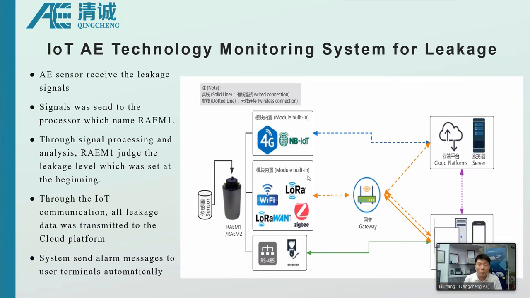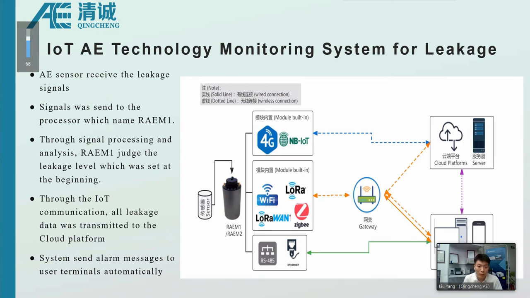There is a new technology called the Internet of Things AE technology monitoring system for leakage. Look at the picture. This system combines AE technology with the internet. The sensor on the left receives the leakage signals and gives the signals to the processor, which we call